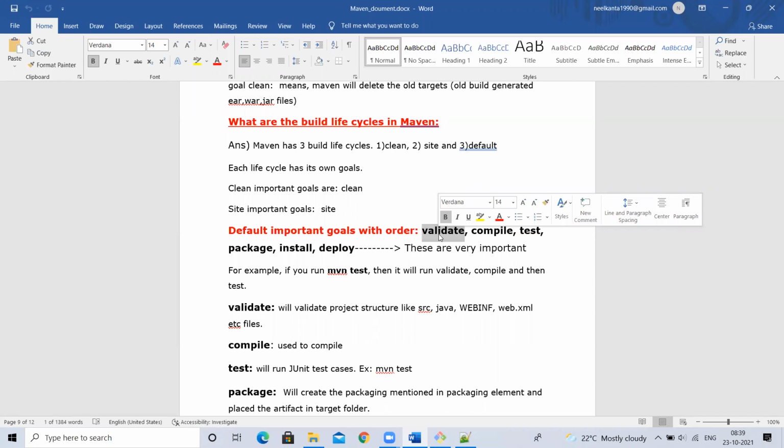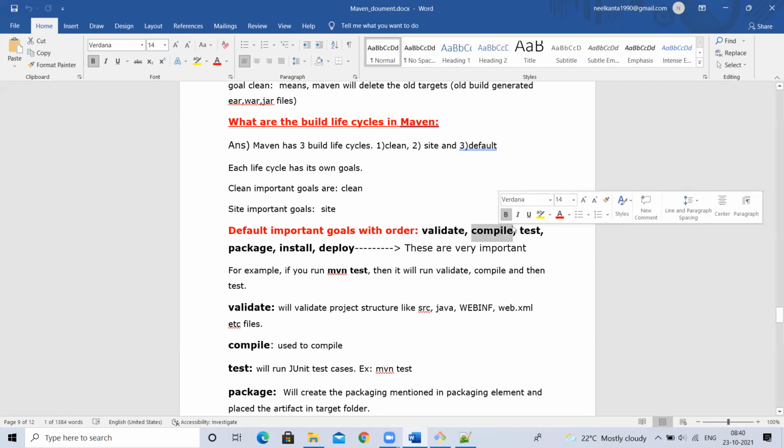No. If you don't check the project structure properly and try to compile and test, and finally we come to know the project structure is not proper, it's a waste. Same with compile. Without compilation, you can't proceed. But can I skip the test cases? There are test cases, but I don't want to run them. Can I do that? Yes, it's possible. The only life cycle phase you can skip in the Maven goal execution is test. This is an important question. Remember, the only life cycle phase we can skip in the Maven goal is test.